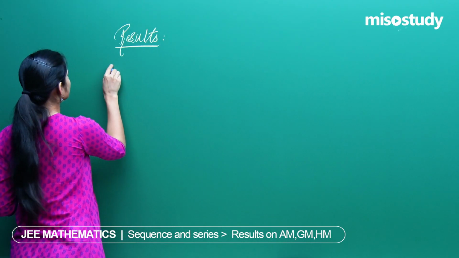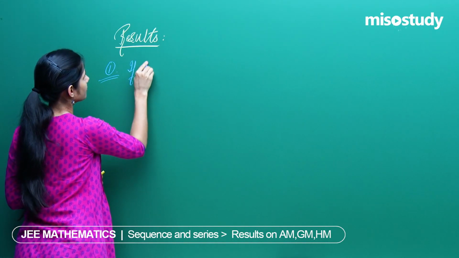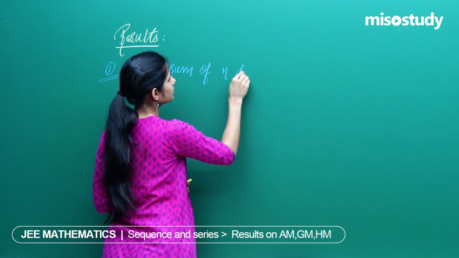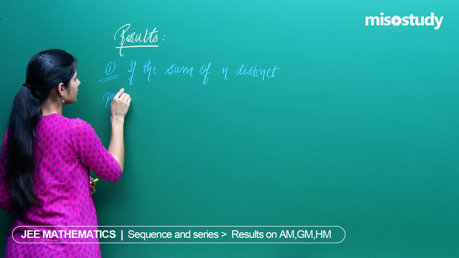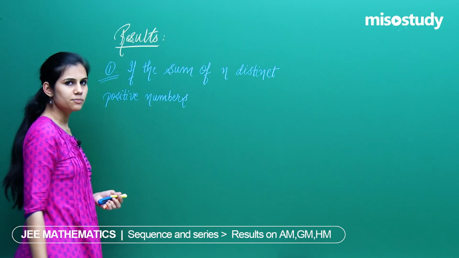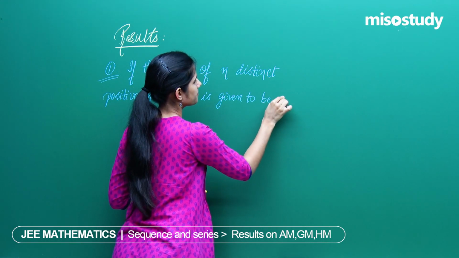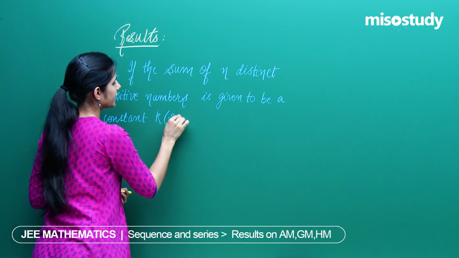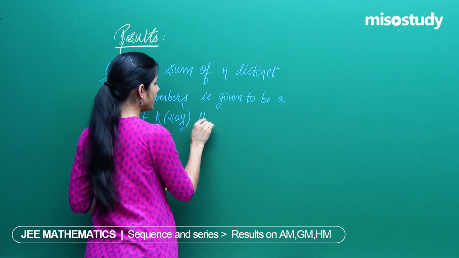Among those, the first one says that if the sum of n distinct positive numbers is given to be a constant, say k, then